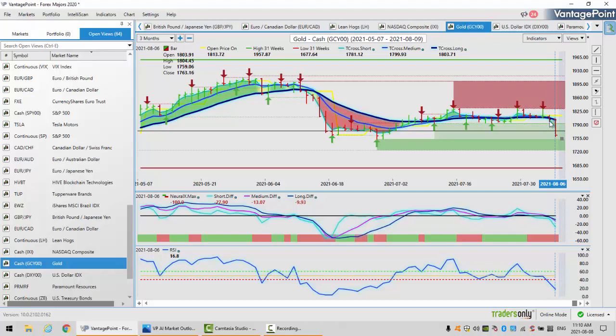Then on Thursday, we started to break down, but I will point out that yet again, the MA diff cross, the pink line crossing the blue line with the neural index, told us that gold was getting ready to plummet. Now, when we look at our 52-week, which has been modified to 31 weeks, it's our yearly highs and lows. That low now potentially could be in play.